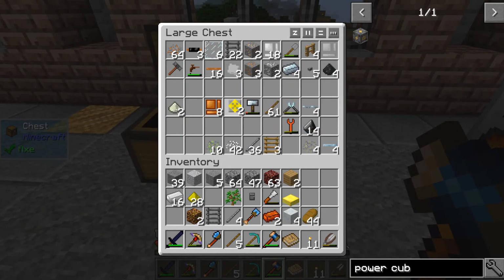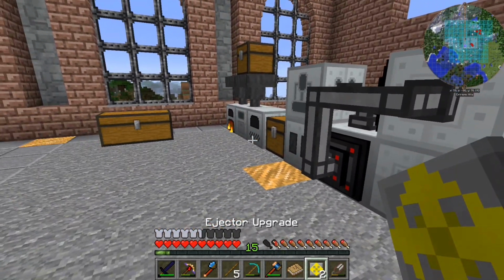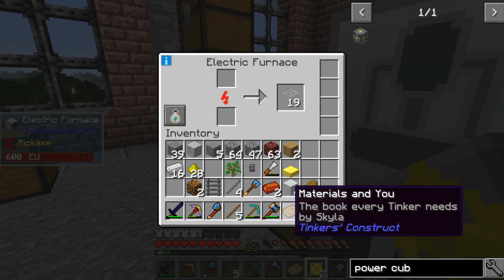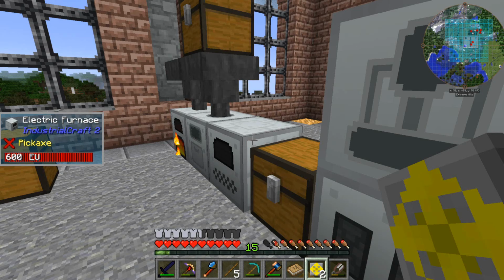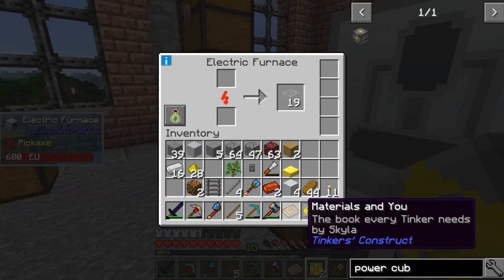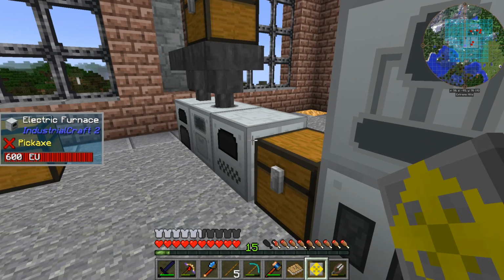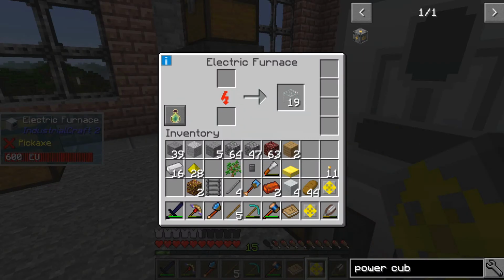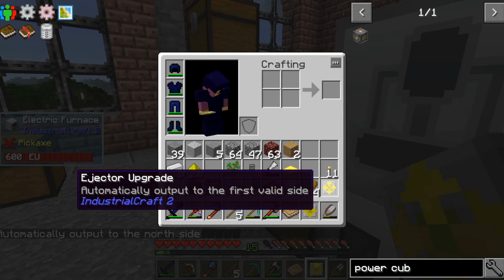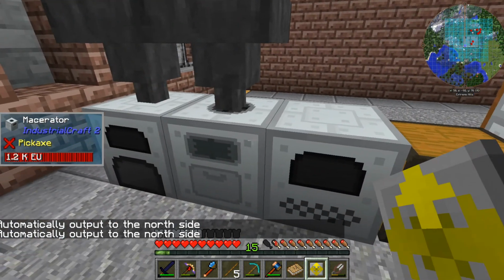And incidentally, that reminds me, these ejector upgrades, Link kindly told me that if you hit the ejector upgrade on the side of the machine that you want to use, or click it onto the side of the machine, it should set it. Maybe you can only have one at a time. No, it just seems to, is it shift click? It is. Cool. Right, so let's do that one, and let's do that one, and we can get that re-automated